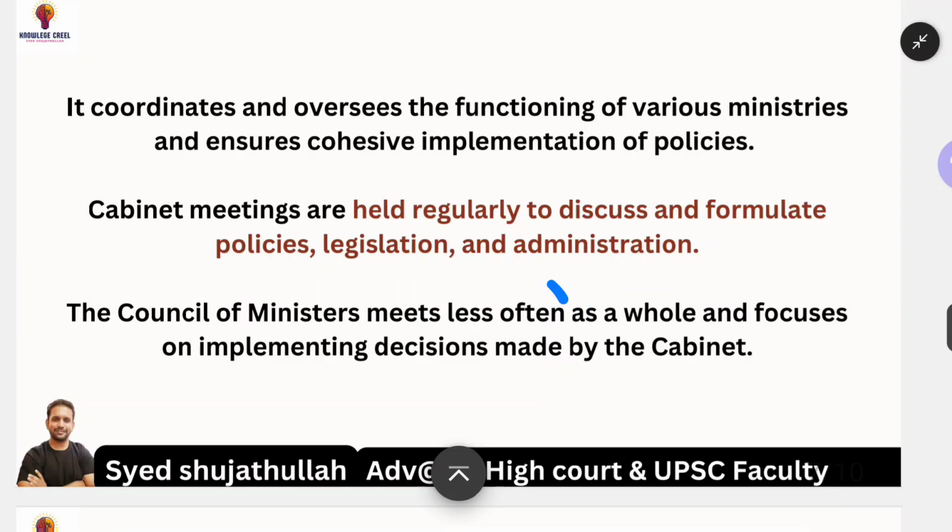This is also fine. Both the houses of Parliament, this is wrong, because the number of ministers should not exceed 15 percent of the total members of the Lok Sabha. It should be Lok Sabha. So statement 2 is wrong. All the other things are right, but instead of Lok Sabha, Parliament is written. That's why the second one is wrong. Only one is right. So only one is your answer.